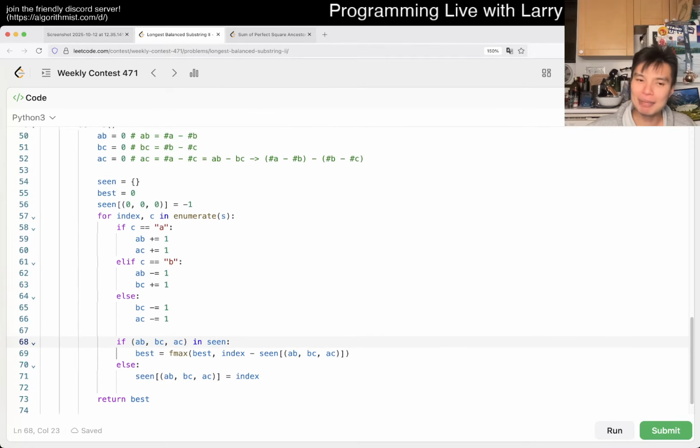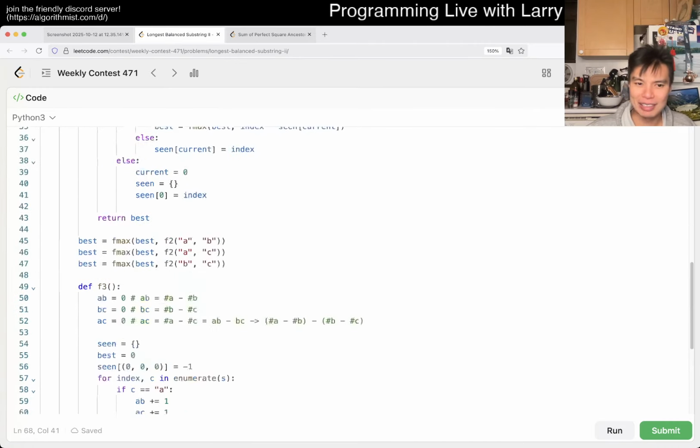What is the last time that we've seen this state, which means that A is equal to B in the substring, and B is equal to C in the substring, and A is equal to C in the substring. And that's it. This is the same as before. I guess I didn't really go over it before, but the idea here is that,